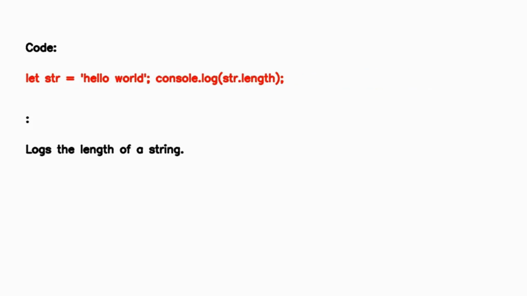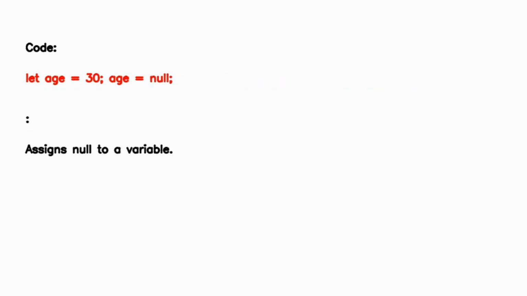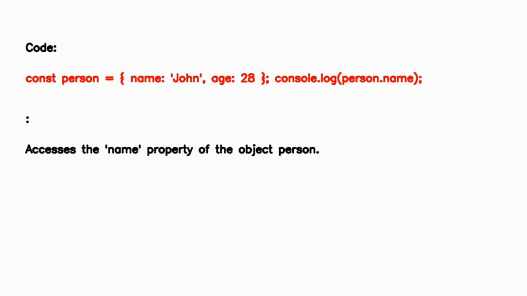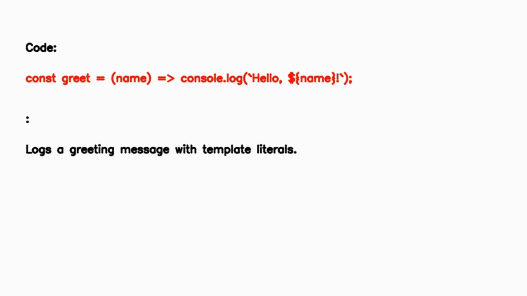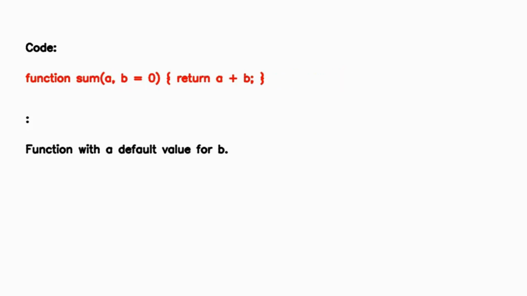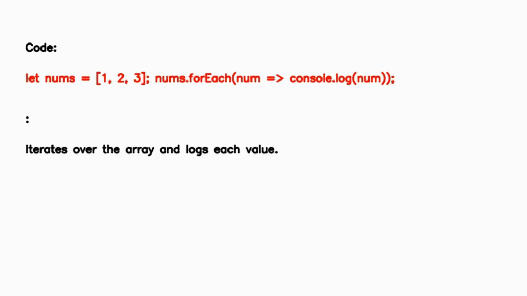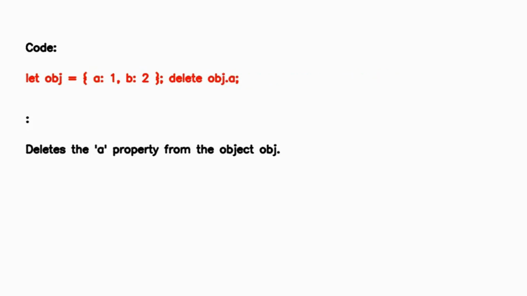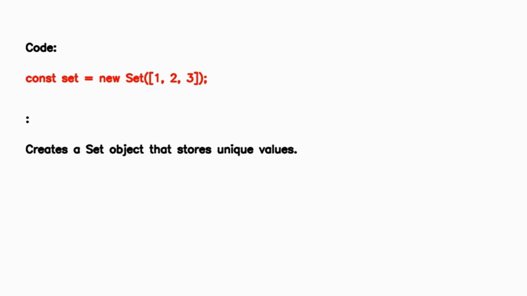data, logs the length of a string, assigns null to a variable, accesses the name property of the object person, logs a greeting message with template literals, function with a default value for b, iterates over the array and logs each value, deletes the a property from the object obj, creates a set object that stores unique values, an if